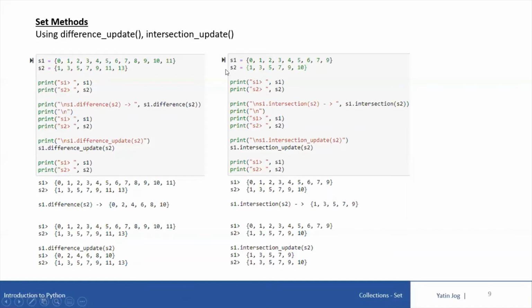Similar to that, if you look at the second code, in case of intersection_update, these are my two set objects, S1 and S2, with values. S1 has all the values between 0 to 9, and S2 has values 1, 3, 5, 7, 9, 10. In the normal case, if I say S1.intersection(S2), that means I'm trying to find common elements between S1